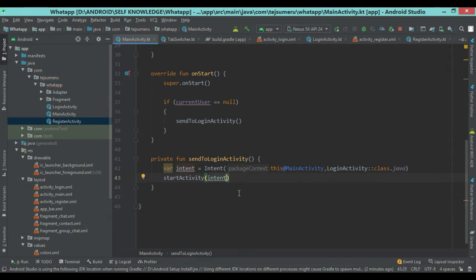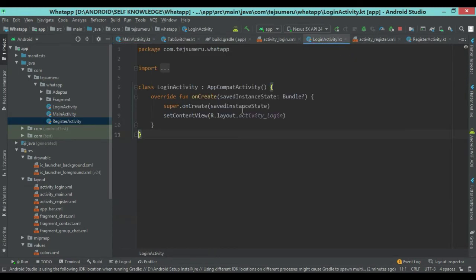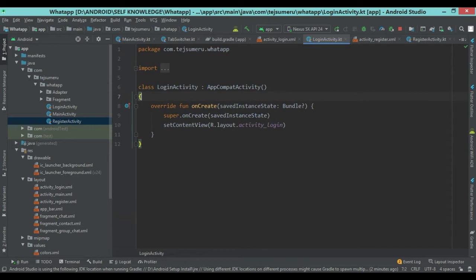Same way we are coding in the login activity. Here we are checking that if user is already logged in, then we have to redirect the user to the main activity.